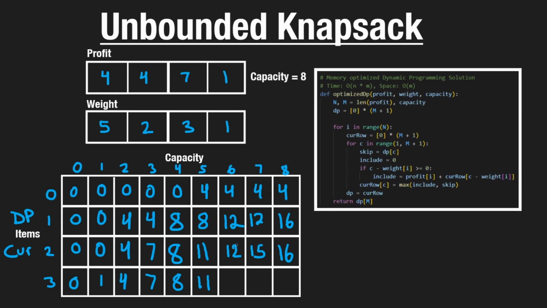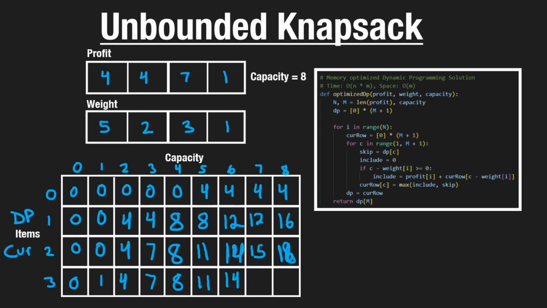Actually, I just realized we had it wrong over here. We can actually get 14 over here because we can include 2 of these with a capacity of 6. So this, I believe, would also be 14. And actually, this position would be 18, I believe, because if we get 2 of these, that's 14, and we still have enough weight for this. So that would be 18. Sorry about that confusion. So this is 18. I believe